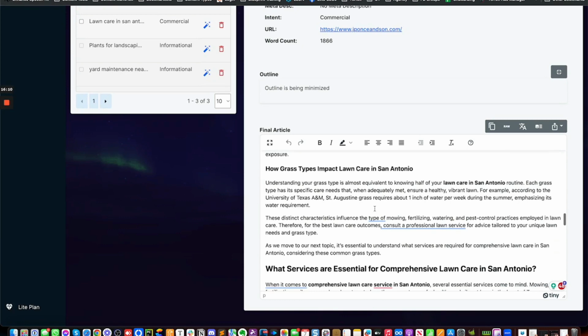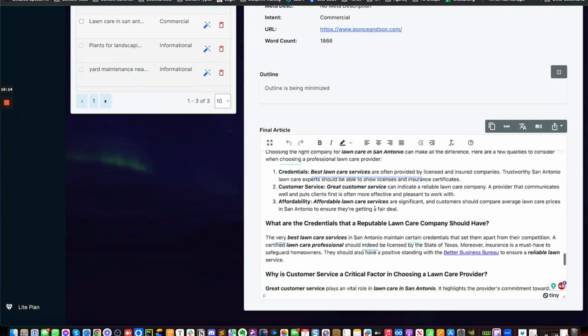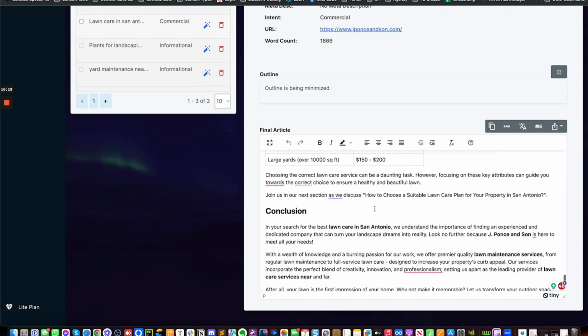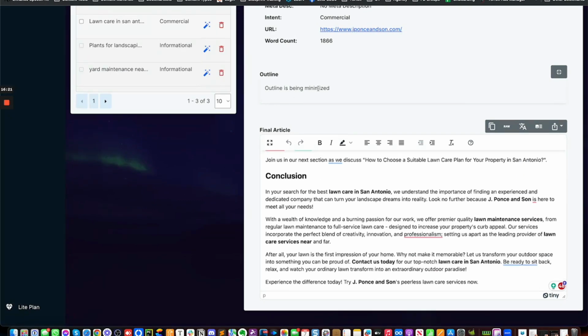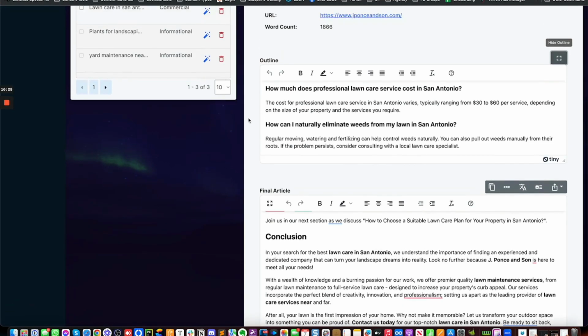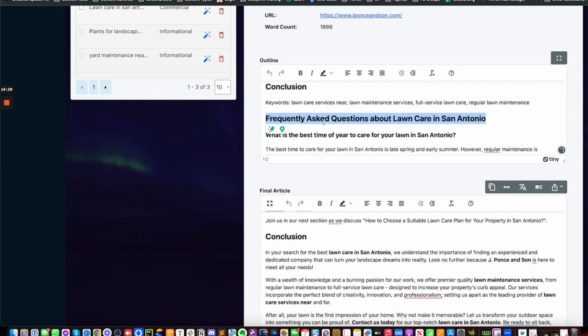Lists and tables, H3s are in here as well. Lists and tables are in here, like I just mentioned. As you can scroll down here, we have a conclusion, and then of course we have the FAQs, which show up here at the very top as well. If that's something that you all want to use, you can literally just copy and paste this,